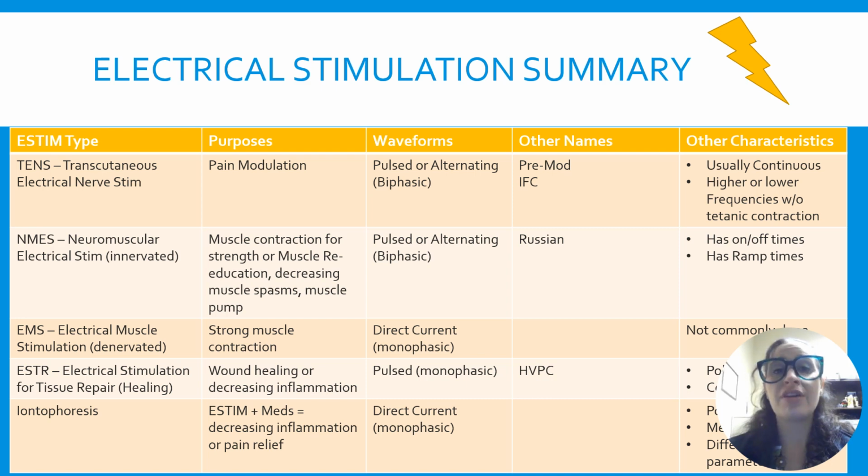It's usually very high or very low frequencies, and there shouldn't be what we call a tetanic contraction. So with your low rate ESTIM, your low rate TENS, there is a little twitch, but it doesn't create so many twitches together that it makes the muscle work. And that's what we mean by a tetanic contraction, okay? Whereas the next one, NMES, which is neuromuscular electrical stimulation, does create a tetanic contraction. That's actually the point, right? So it is to create a contraction,